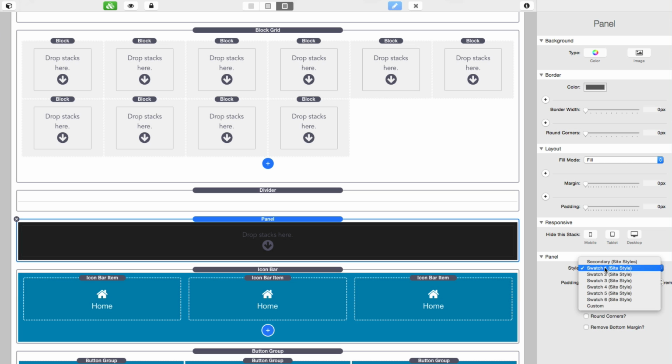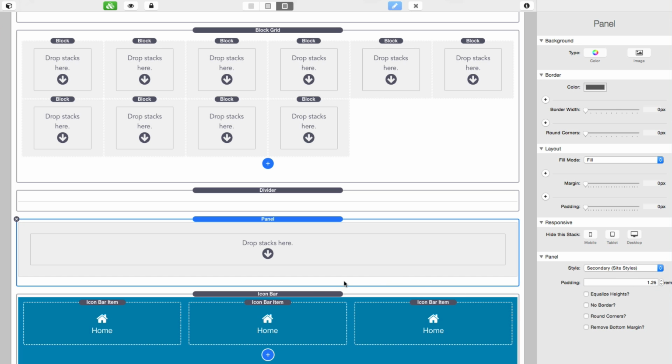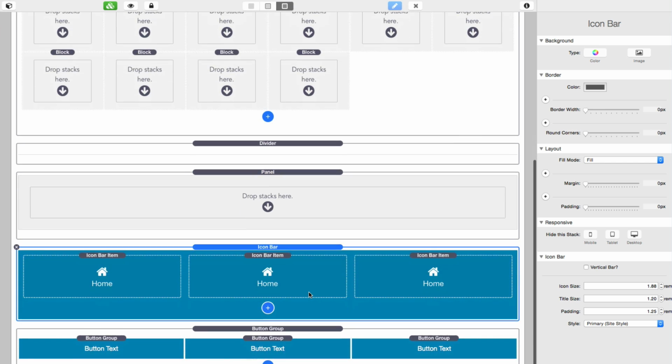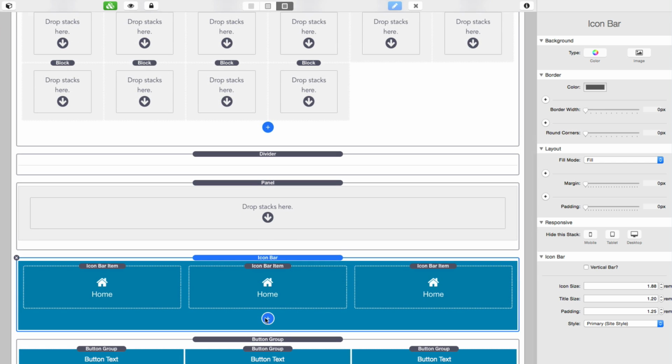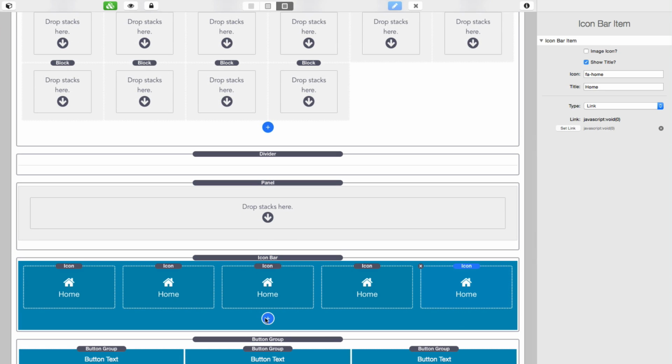Which is really cool because now you can style your panels with swatches, which is pretty cool. And it also supports the new equalize height options. Next up, Icon Bar. Icon Bar, similar thing to Block Grid, has a new child of feature so that we